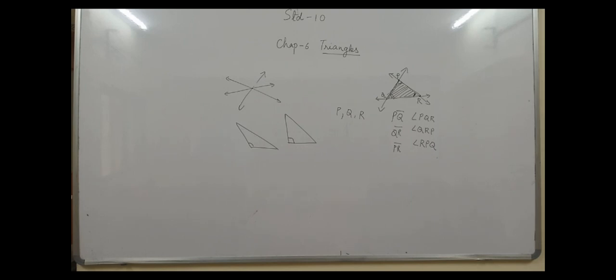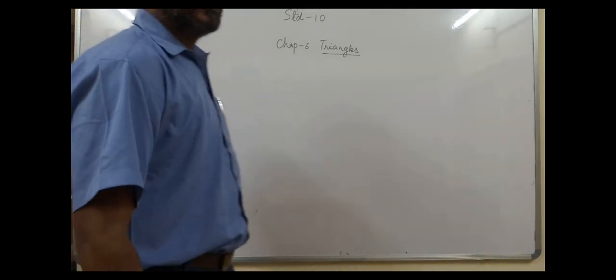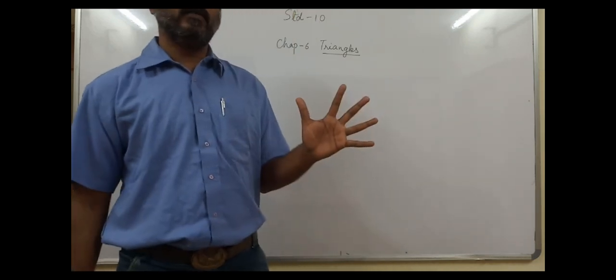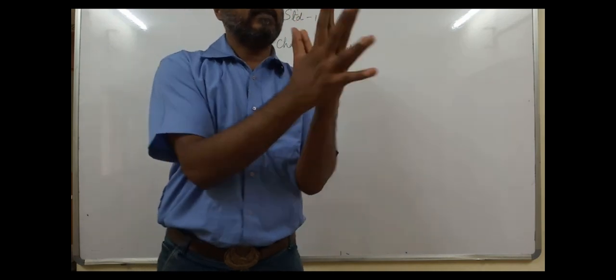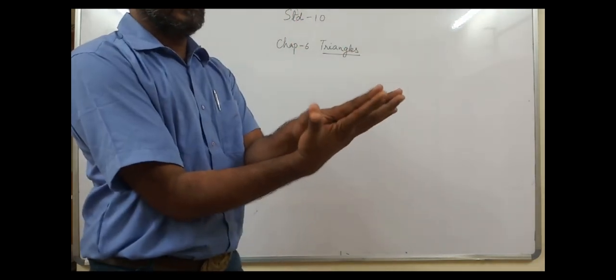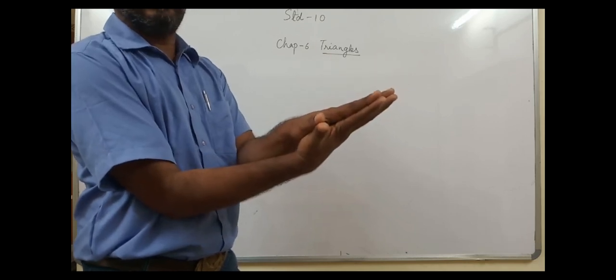So this is a basic idea of revision. Now we move on to what we did in standard 9. Do you remember what we did in standard 9? In the 9th standard, you studied congruency of triangles. Now let us see what we mean by congruency of triangles. There is a Euclid's axiom which states that when two things coincide, then they are equal. I can give a small demonstration here. You can see my hand, and when I place the other hand on my hand, then my fingers and my thumb exactly coincide. Because they coincide, I can say both my hands are congruent.